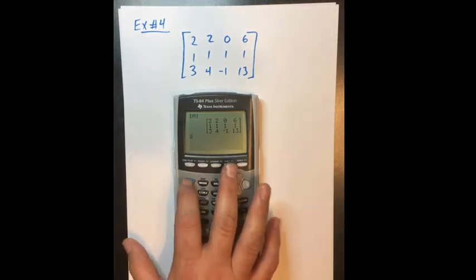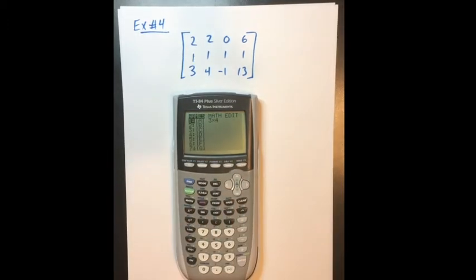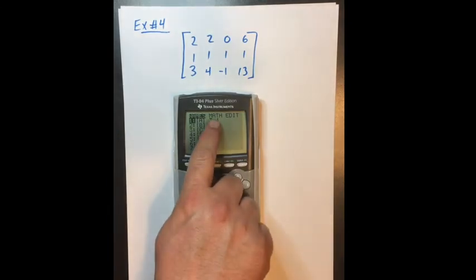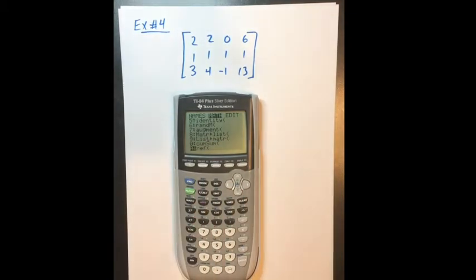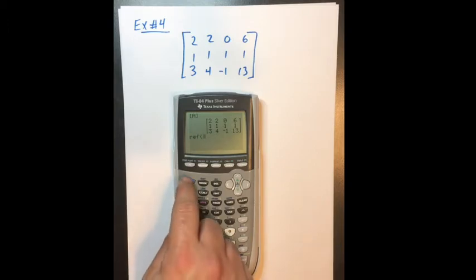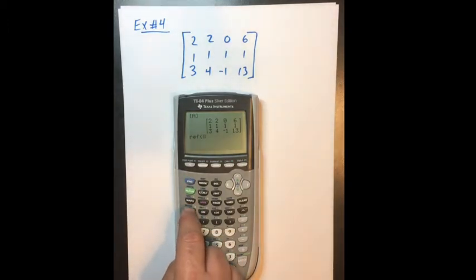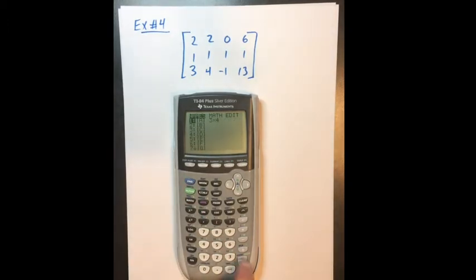So now I'm going to go back to the matrix menu again. This time I'm going to go over to the math menu, and scroll down until I see REF. That stands for row echelon form. So I hit enter on REF, and then I have to tell it which matrix I want to put in row echelon form. So I go back to the matrix menu again, I select matrix A, and then we can close that parentheses,